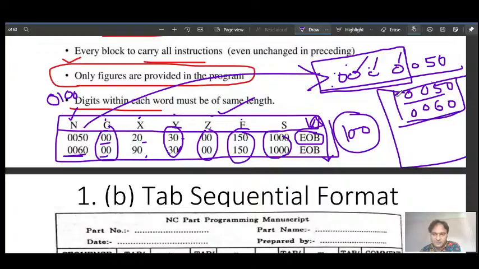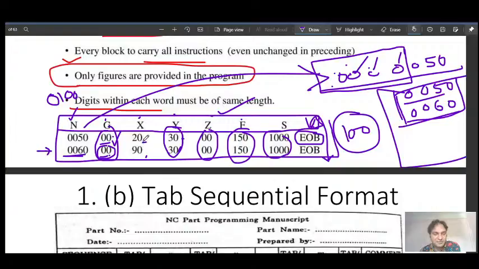Next, the same way, G0. And the second point was, here we are again writing 0 0, and in the next command we are writing 0 0. Why do we need to write 0 0 again? Because it is the fixed block, and in each block we need to enter every value every time we write a command.